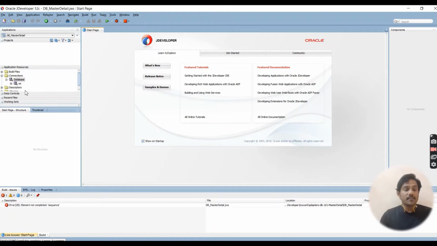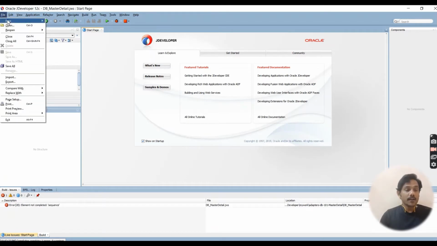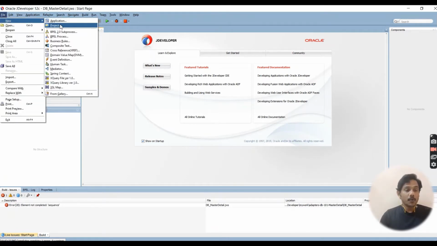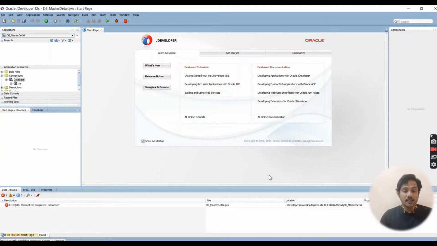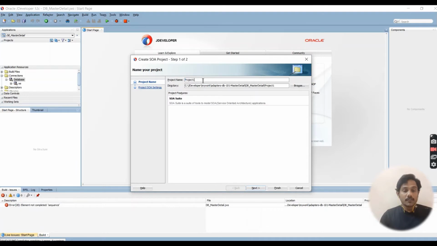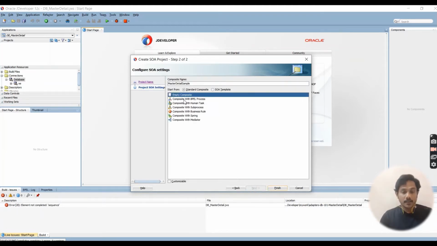Let's go to JDeveloper. Click on File, Project, create a SOA project. Give the project name as master detail sample. Click next.